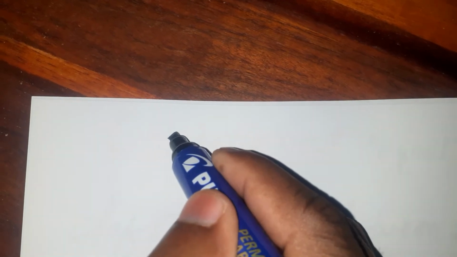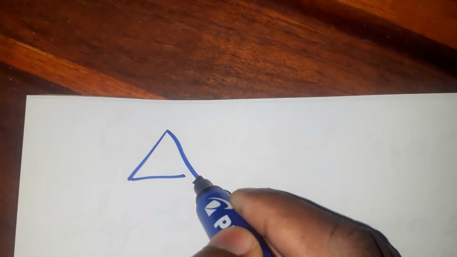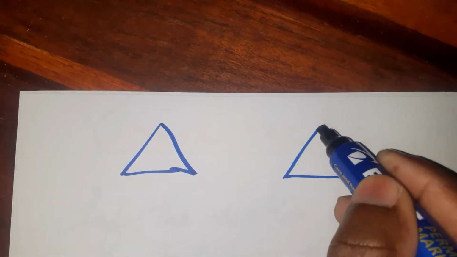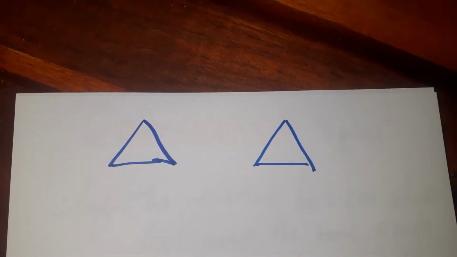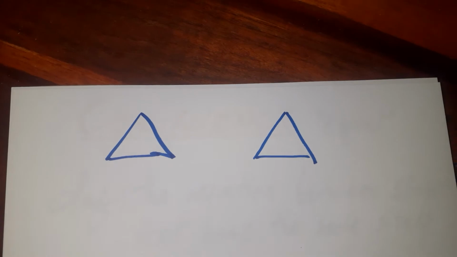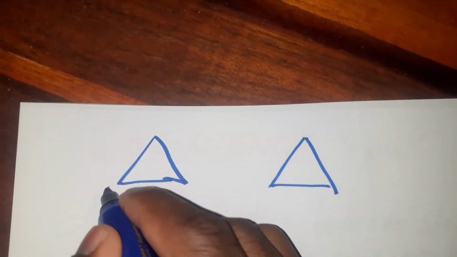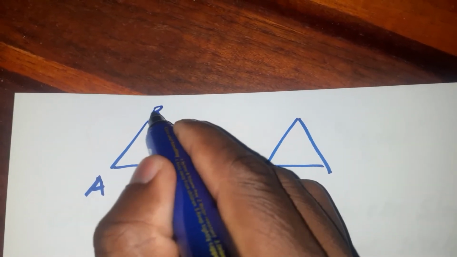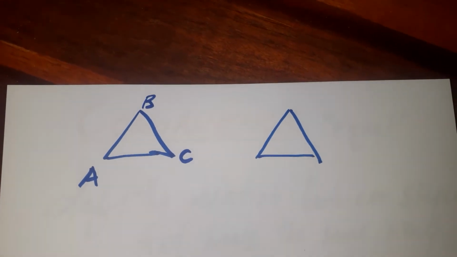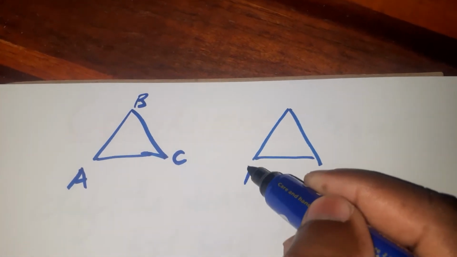Now, suppose we are told that we have two triangles. Let's have one triangle here and then another triangle here, and we are told this is triangle ABC, and then here we have DFE,